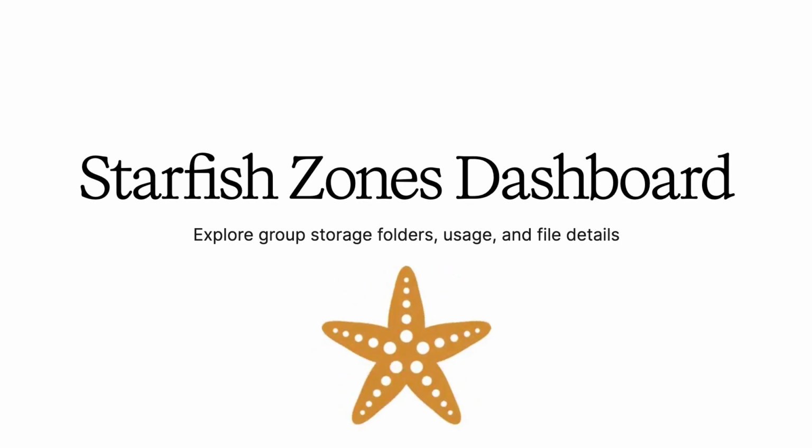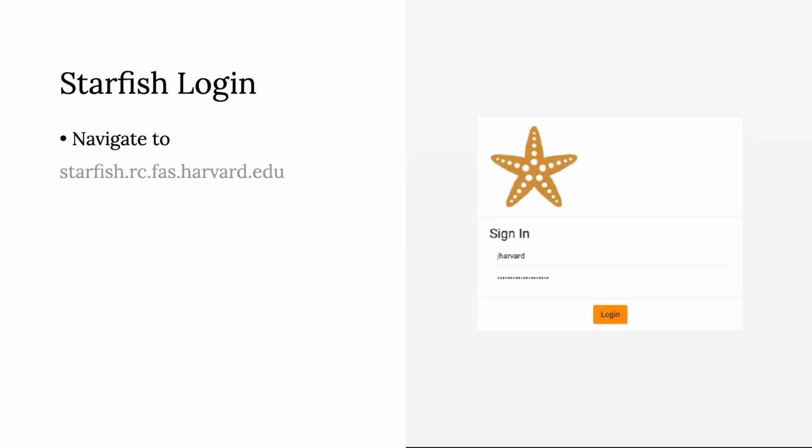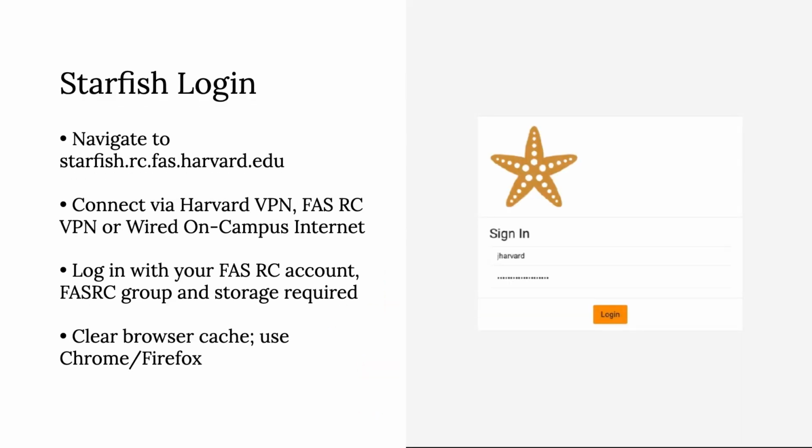The Starfish Zones dashboard is a self-service data management visualization tool that will allow you to navigate through storage folders assigned to your group and explore directory file level details, including storage amounts, last access and modification dates, file owners, and file counts. To access the dashboard, navigate to